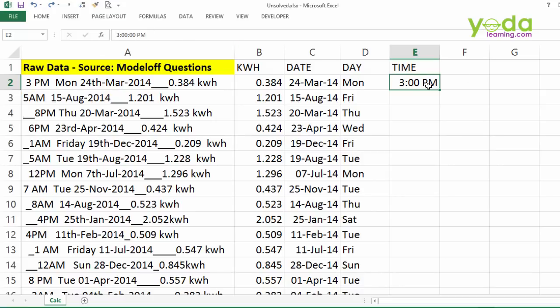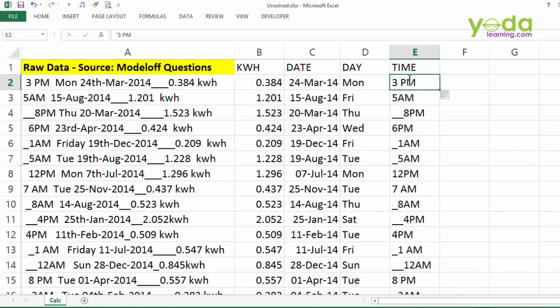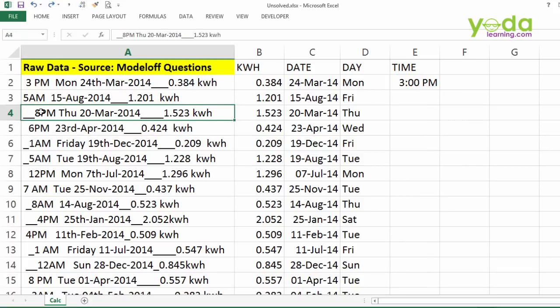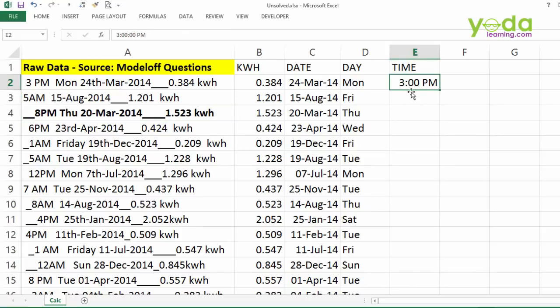This sample with which you are trying to train the machine is not the same as input, hence the confusion. So let me put a single quote 3 and then space followed by PM. This ensures that the time will be stored as text. Now with this sample, I press Ctrl E and get the results. Although the results are very encouraging and accurate, however, it's not clean enough. I should have trained the machine better with example of 8 PM. Reason? Because this case has problems of underscore and lack of space. So I go back. I put single quote 8 space PM, enter, and then using 8 PM as benchmark, Ctrl